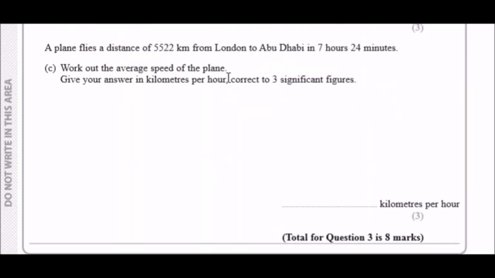A plane flies a distance of 5,520 kilometers from London to Abu Dhabi in 7 hours and 24 minutes. That's quite good. What is the average speed of the plane? Well, you just use the speed distance formula. So speed equals distance over time. And we're measuring it in hours, so it's going to be